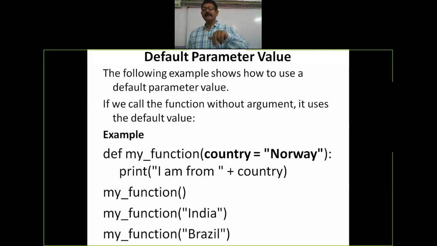That argument will replace Norway for that call, so the country will be India. What does it print? I am from India. Immediately after that, you call the same function again by passing a different argument, Brazil. It will print I am from Brazil.